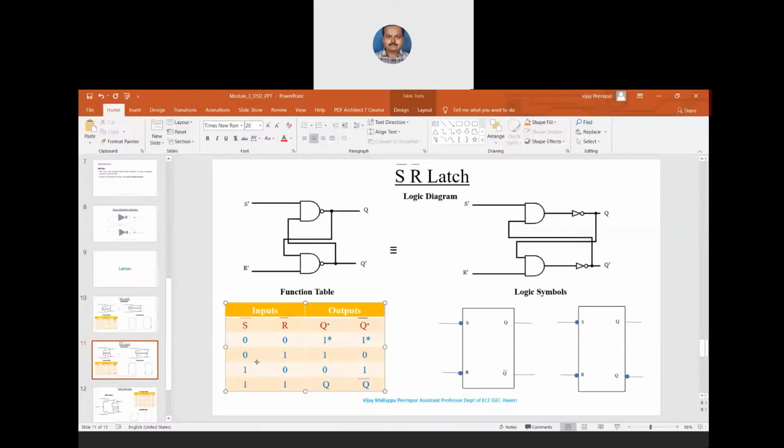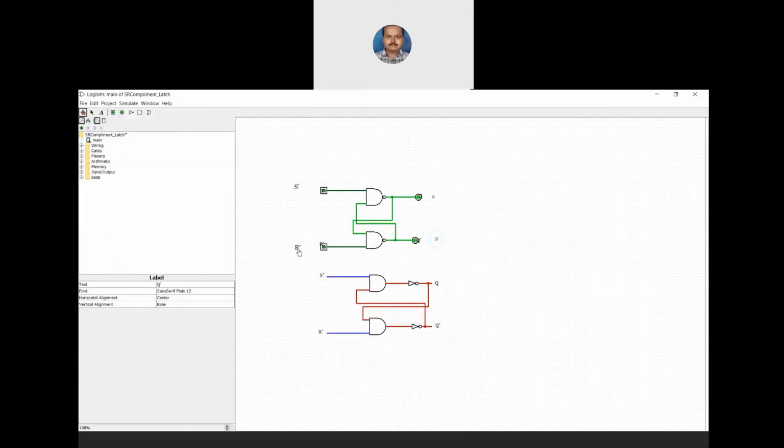Next, when S bar is 0 and R bar is 1. Now when R bar is 1, what we know is that the Q is 1 here. Yes, everyone just remember this one. The input we apply is S bar here. The input we have is R bar here, right? Normally we tend to make that mistake while analyzing that one. It is the complement of R and the complement of S that we are applying here.